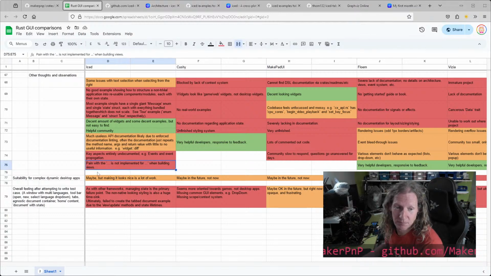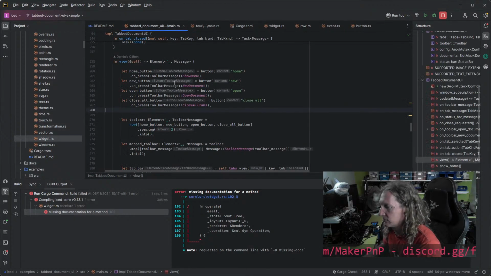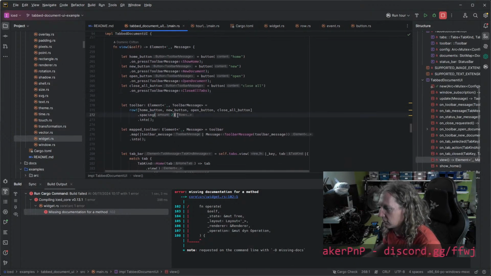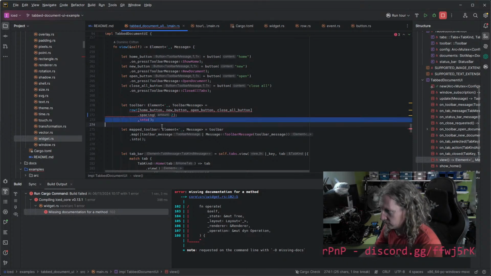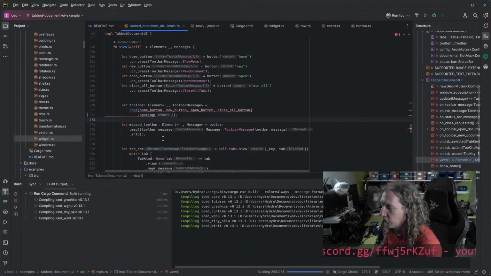So one of the other pain points that I've had with this is that you get a lot of "blah blah blah is not implemented for blah blah blah" when building views. What do I mean by that? Well, if you create a row and don't have an into on it,